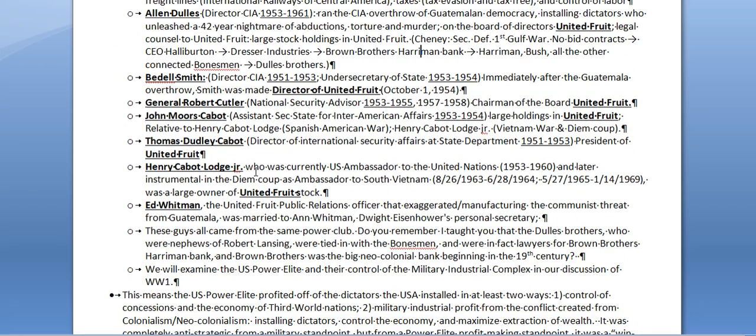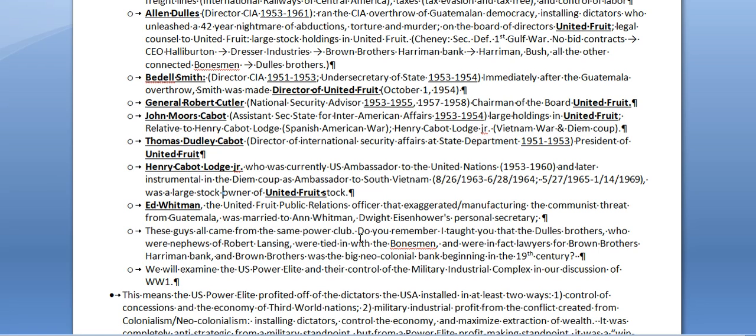Henry Cabot Lodge Jr., who was currently, at that time, U.S. Ambassador to the United Nations, and later instrumental in the Diem coup as Ambassador to South Vietnam. He was a large stock owner of United Fruit. All right, I'll skip this guy. Oh, I'll say Ed Whitman, United Fruit Public Relations Officer. Right? He played a big role in exaggerating, manufacturing Guatemala's ties with the communists. It was bullshit. He was married to Ann Whitman, who was Eisenhower's personal secretary. So these guys all came from the same power club,